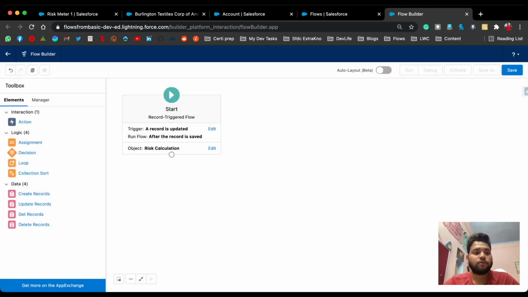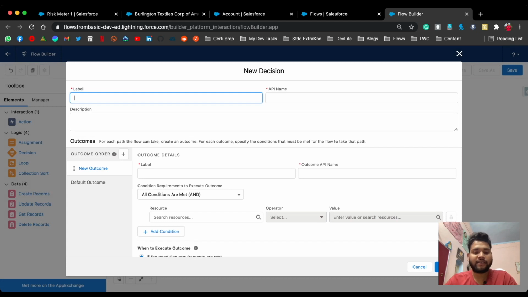Now what you need to do is use a decision element, and let's say check for fields, and provide the label when field change.